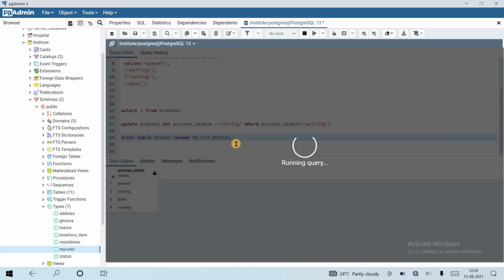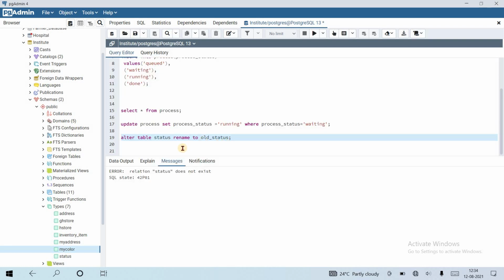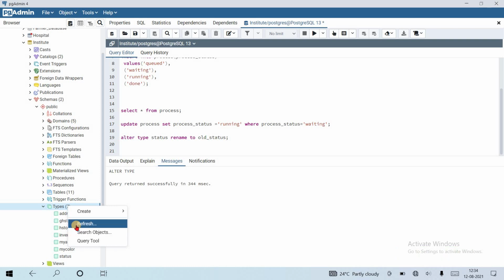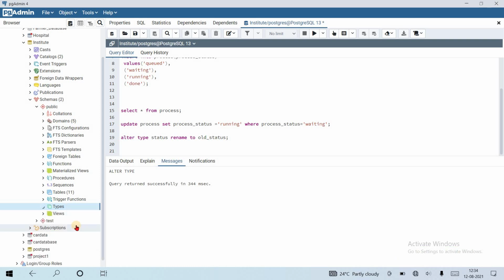Just run it. Oh, relation status does not exist. Alter type. If I run this, okay, the query returned successfully. Now if I refresh the table, you can see that the column type is old status.